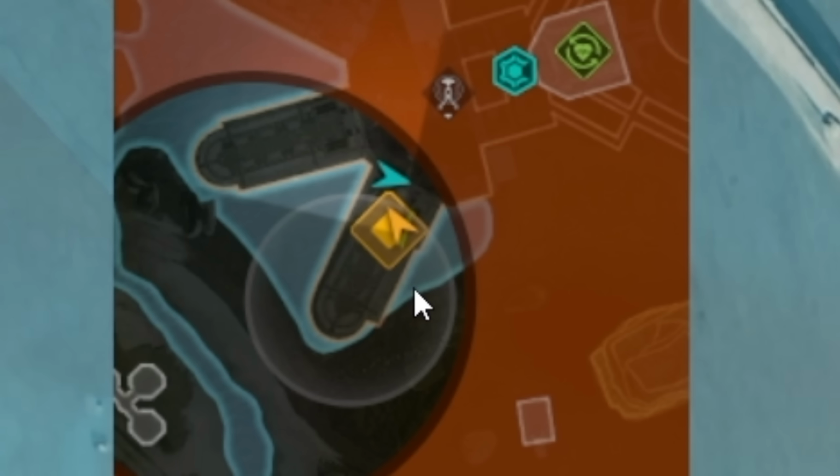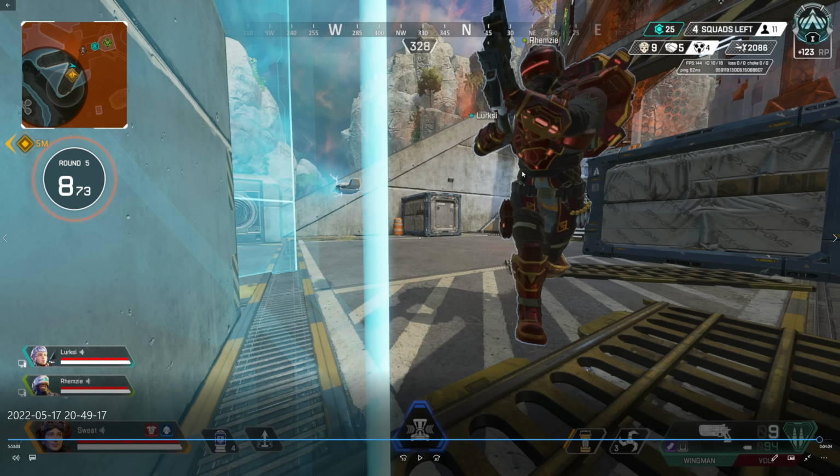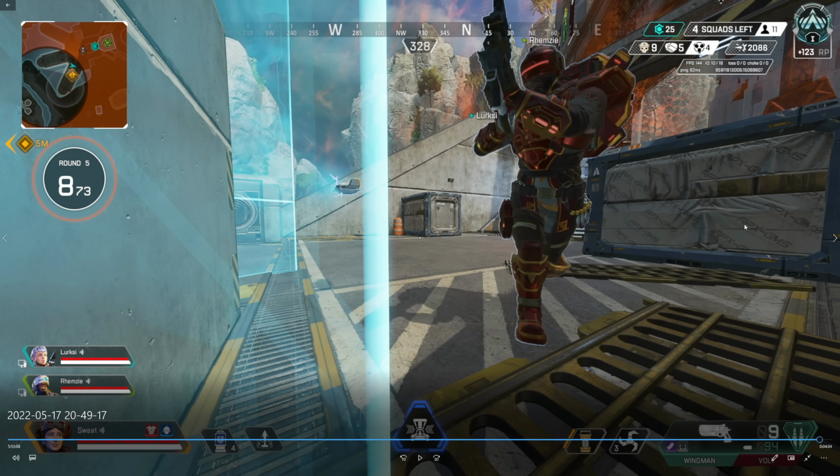That is good. You don't want to be in the very center of zone because you're going to get pushed out by the other teams, since there are 4 squads remaining in this scenario. We got Remzi playing very close to me underneath so that we have cover from the shield, and then we have Lurksy up top because he's the Valkyrie. He can get down and get up there again very quickly. That's just going to give us intel on what the other teams are doing, and that's going to be huge